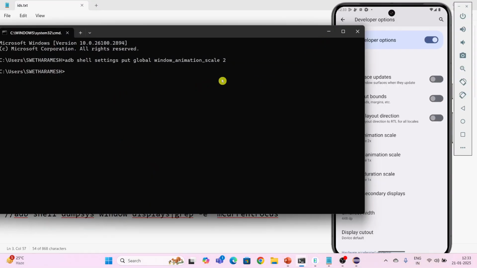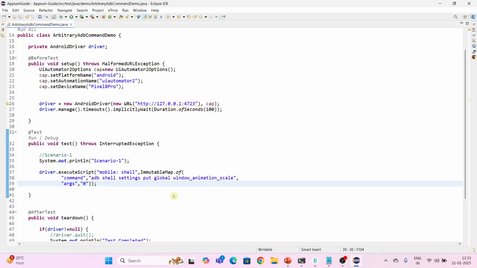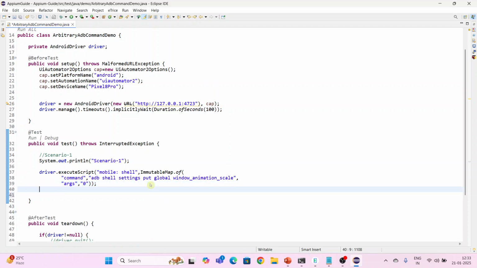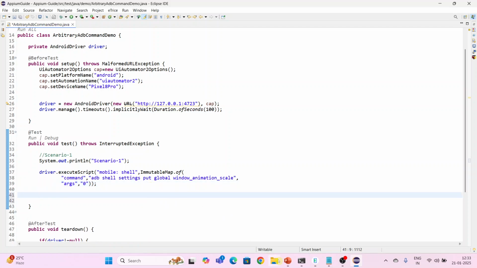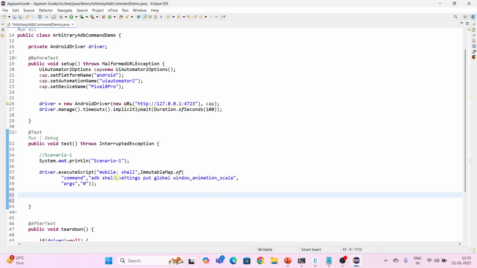But this ADB shell command I need to run from Appium at runtime. So coming back to Eclipse, I stored it manually here. Now I want to make this scale 0. As I told, we write this in 3 styles. This is the first style, where I have given the command and immutable map. Now what I will do,